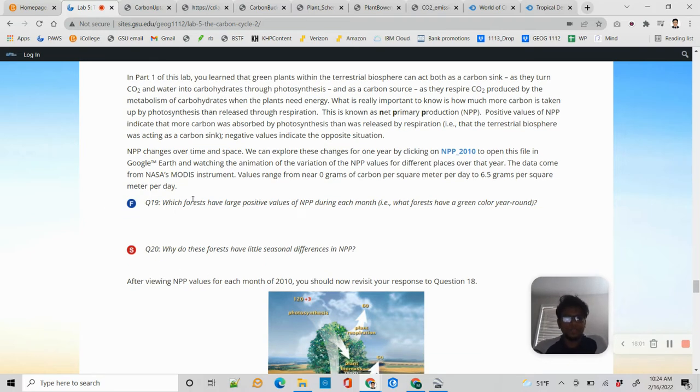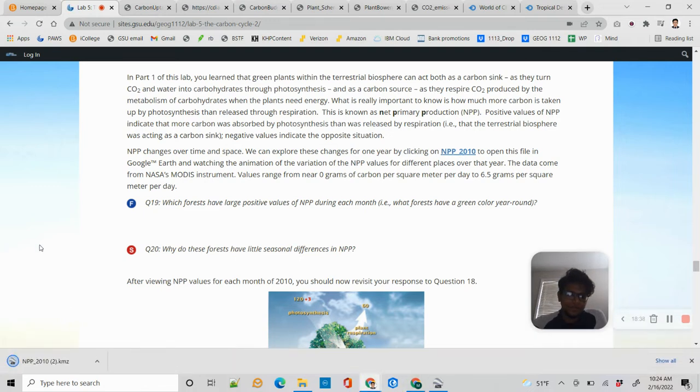So which forest has larger positive values of NPP each month? If you look at the forest, the more green space you have, the more you can take. The more it takes, the more positive the difference between the intake and the outtake will be. So definitely the tropical forest has that advantage of getting positive NPP. And if you look at these as well,